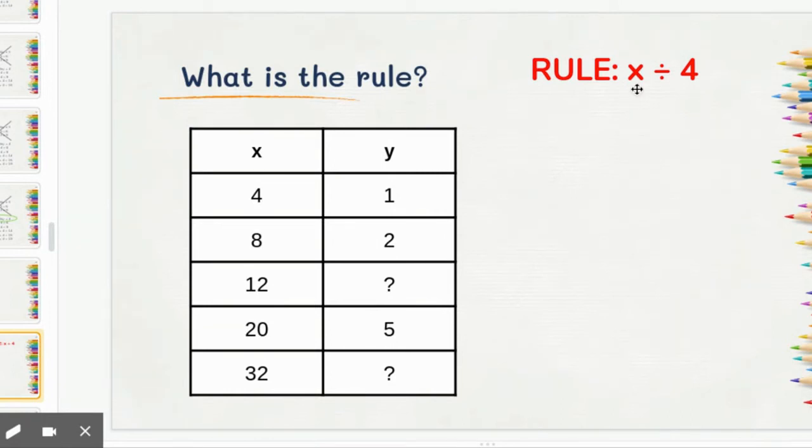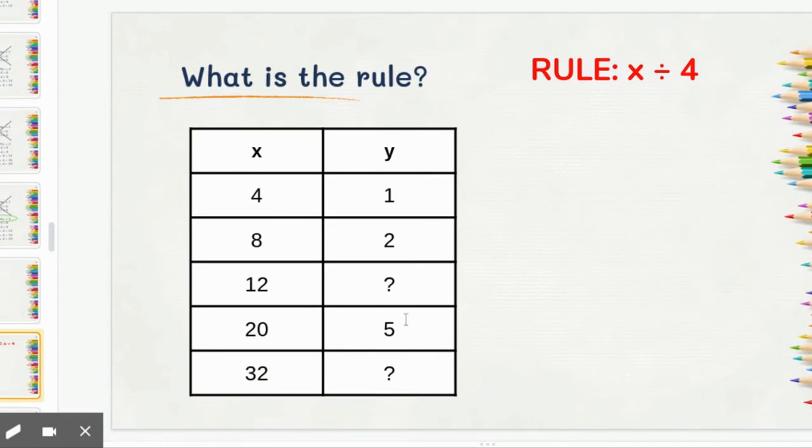However, I wrote it as a variable expression where I put X first and I said X divided by 4. That just means you take whatever numbers are in this column and you divide by 4. It's the same as just saying divided by 4 is the rule. It's just another way to write it when you're working with variables. Now with this